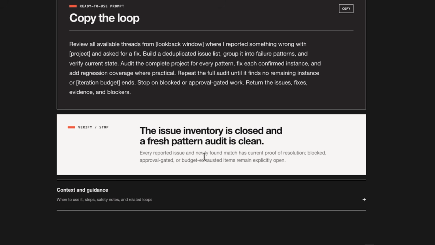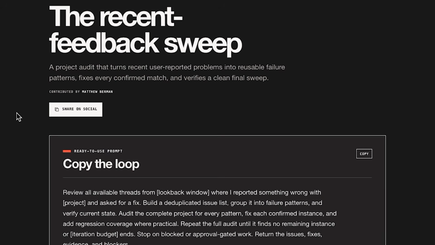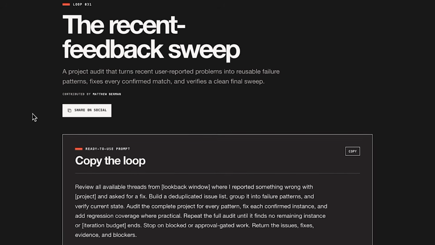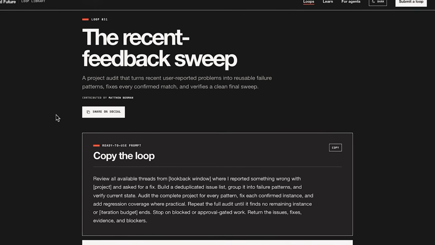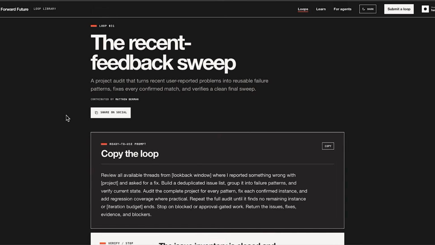Every reported issue and newly found match has current proof of resolution. Blocked, approval gated, or budget exhausted items remain explicitly open. So this is for you if you're sitting on scattered bug reports, so you can turn recent complaints into reusable failure patterns and hunt down every sibling defect across the whole project. So not just the one that got reported.